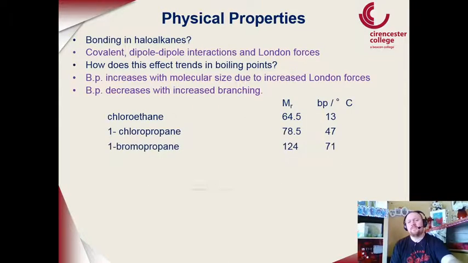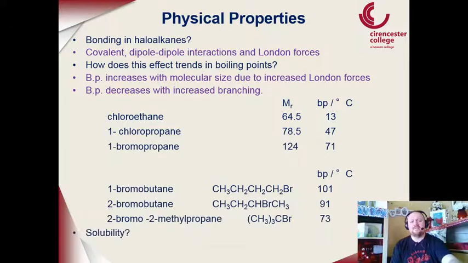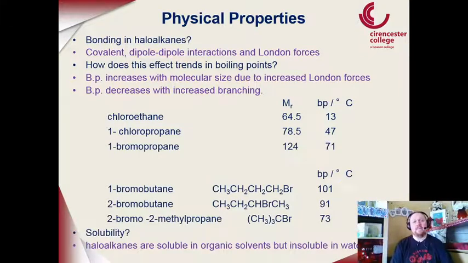So the physical properties of haloalkanes all have to do with how they're bonded. The first thing to remember, as with all these things, is that they are covalently bonded. And between the molecules there are dipole-dipole interactions and London forces. Remember, we have halogens in there. Halogens have quite a high electronegativity compared to the rest of the molecule, so we will get some permanent dipoles within these molecules, and this changes the